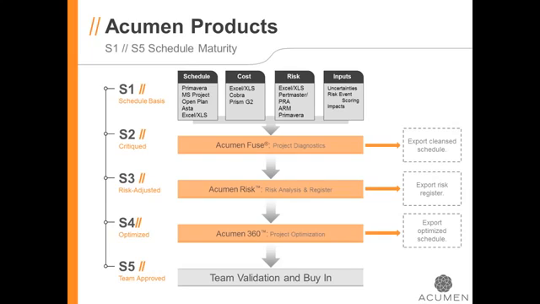S3 incorporates the use of a risk-adjusted schedule. With Acumen Risk, we support both probabilistic and deterministic risk, and we support the risk driver process. Through an iterative risk assessment process, which may involve a risk workshop, you may at this point have a risk-adjusted schedule which no longer